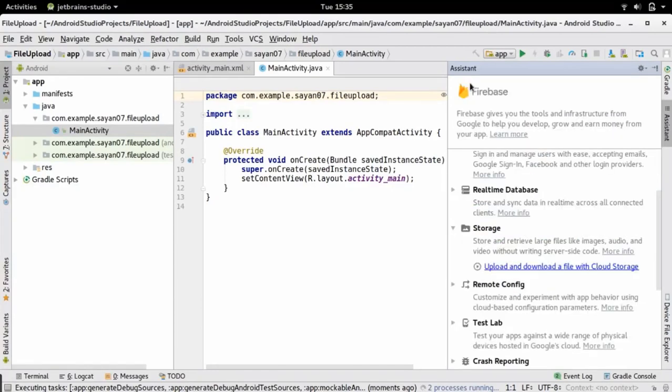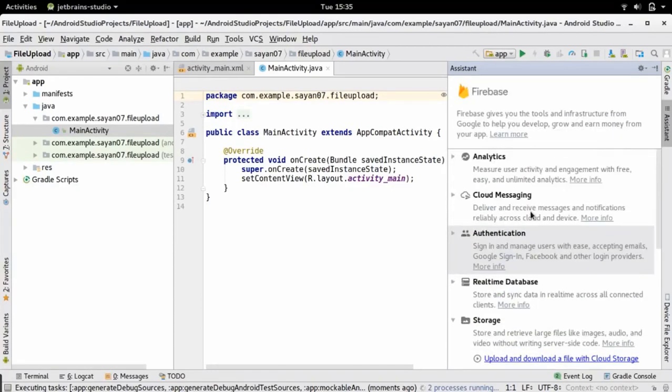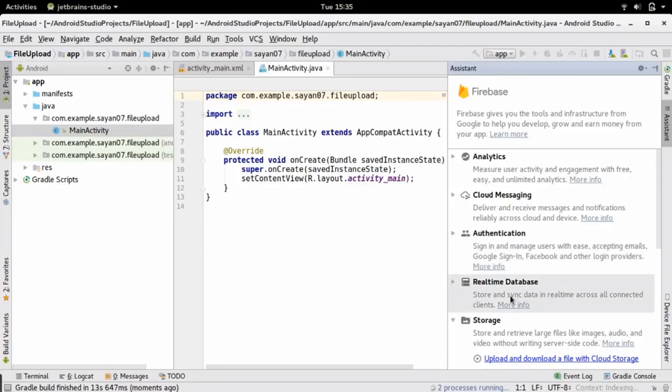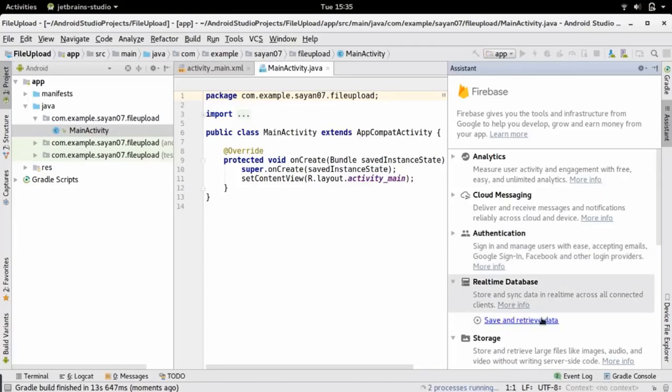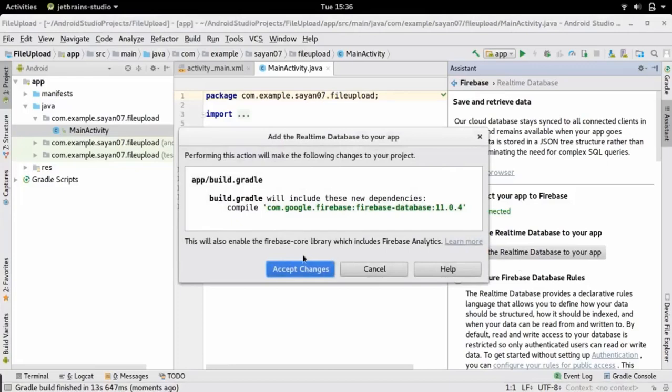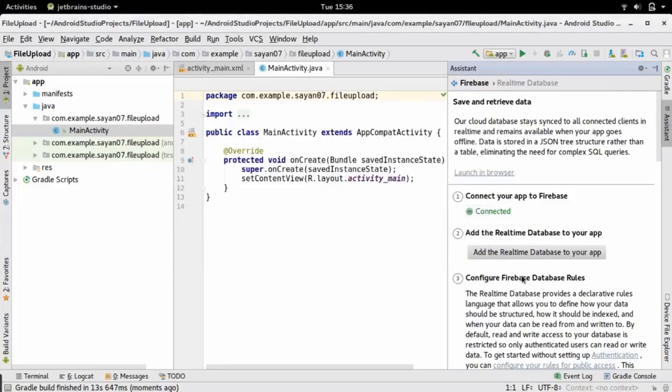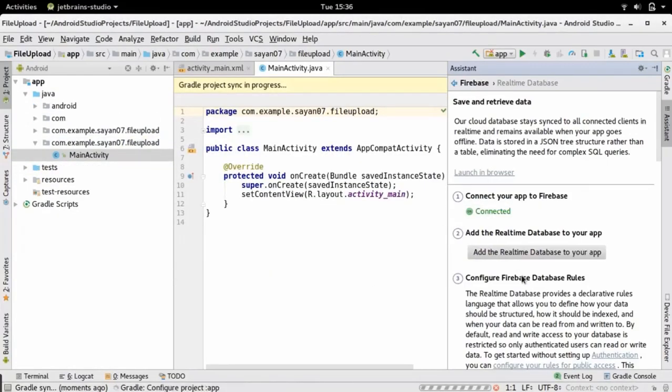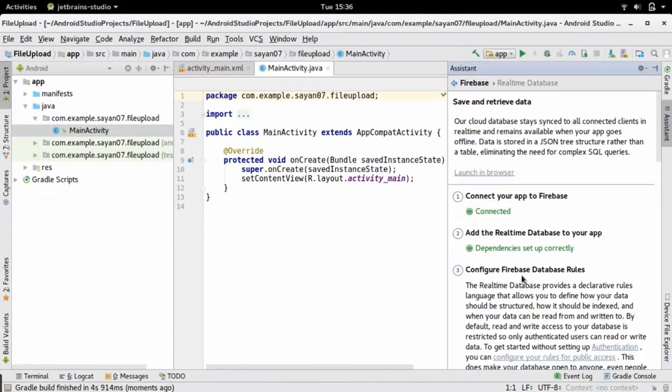Just navigate to the previous menu and click on real-time database. Now click on save and retrieve data and click on add the real-time database to your app. Click on it and accept the changes. After this we have successfully integrated Firebase in our application.